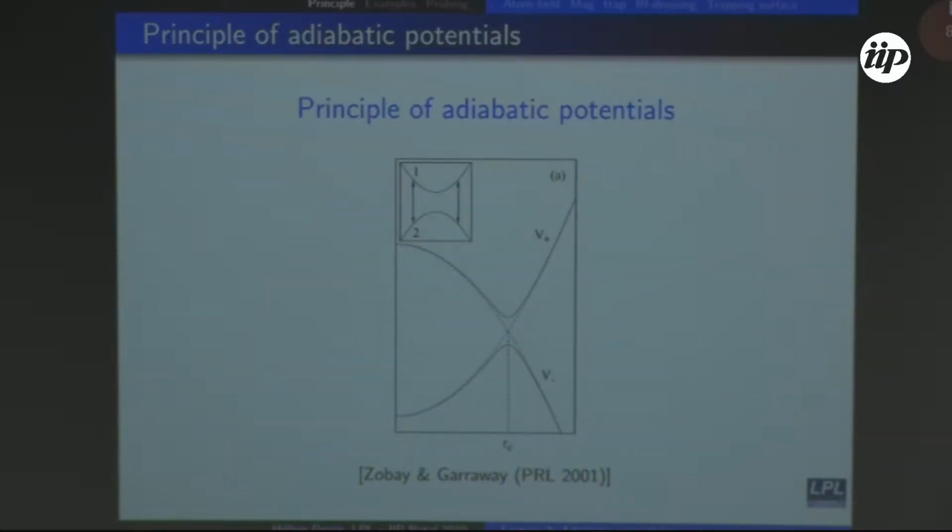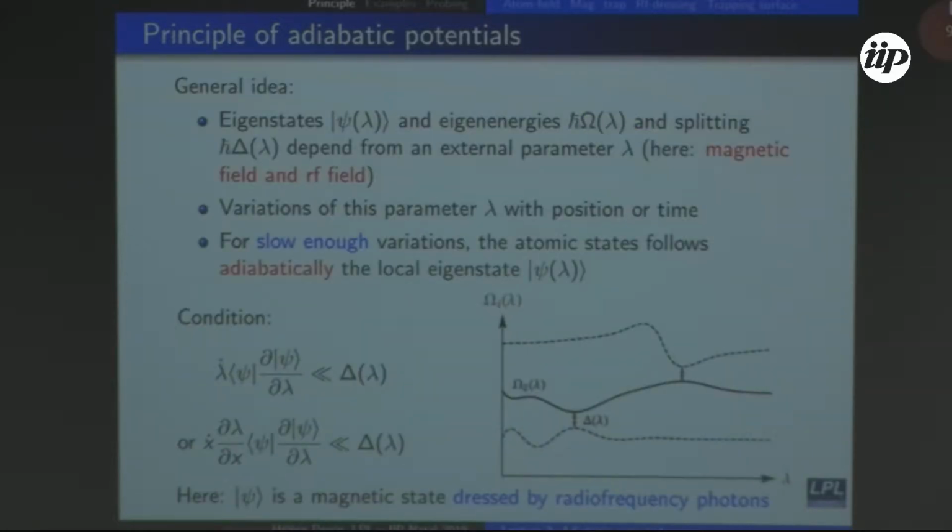Right, so let's start with the principle of adiabatic potentials. The general idea is that you have a system with eigenstates, quantized eigenstates, which depend on some parameter, lambda, which is kind of an external parameter. So these states have eigenenergies, h bar omega of this parameter. The splitting between energies is delta of this parameter, etc. And this parameter can be typically, in the case I will describe, a magnetic field or a radio frequency or